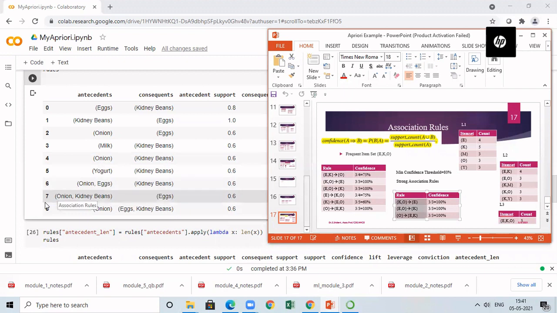But here, in addition to those 3 rules, which it is displaying correctly, it is also displaying some other information. What is this information? We didn't consider the 1-to-1 mapping. So whichever 1-to-1 mapping is satisfying this information, that is also displayed. When we considered this, I told you that if you have totally 3 items, if you write 2 items on the left-hand side, the remaining 1 item will appear on the right-hand side.